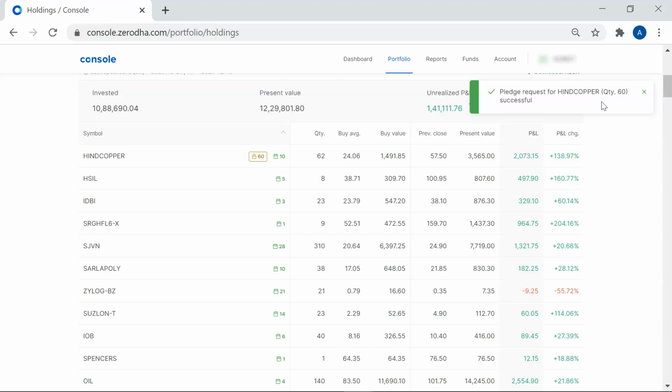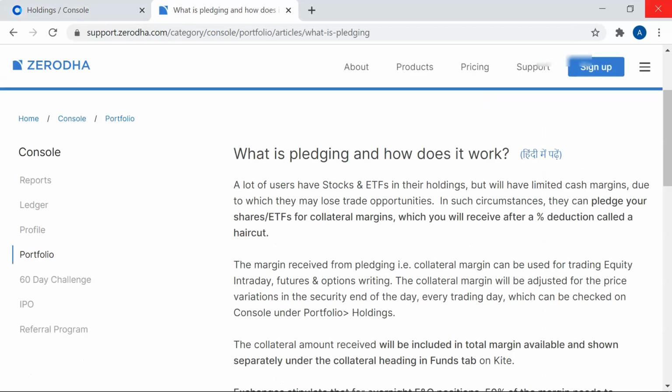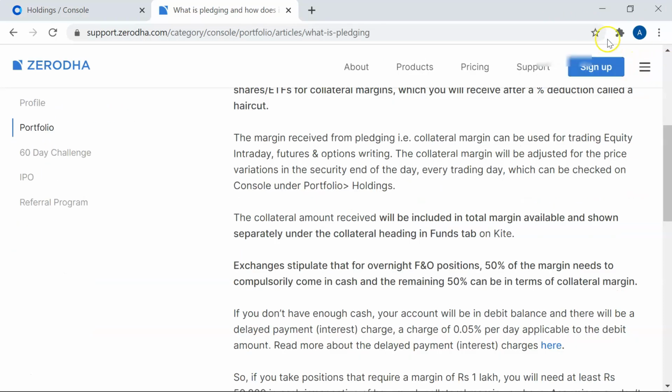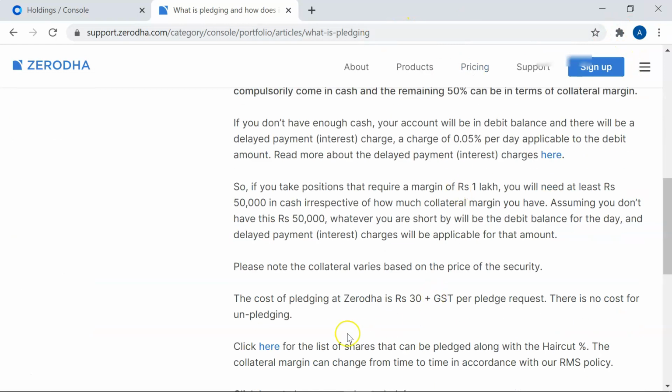Later, you have to enter the OTP received on your mobile number linked with your Zerodha Demat account. And once that is done, pledging will be completed. If you want to know what is the cost for doing this pledge, it is 30 rupees plus GST for each pledge request. There is no cost for unpledging.